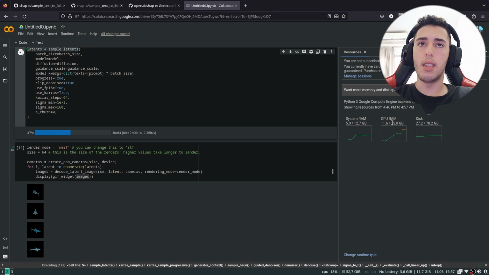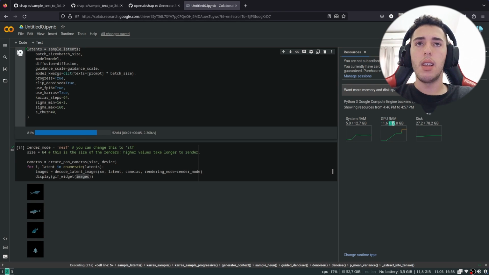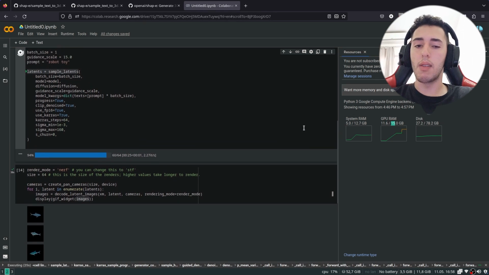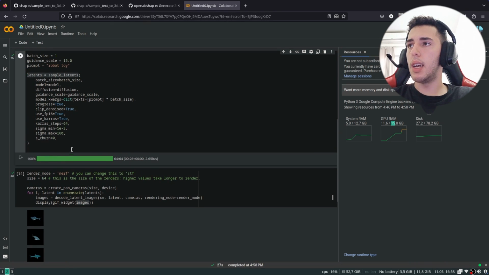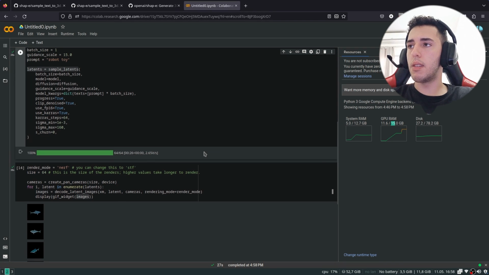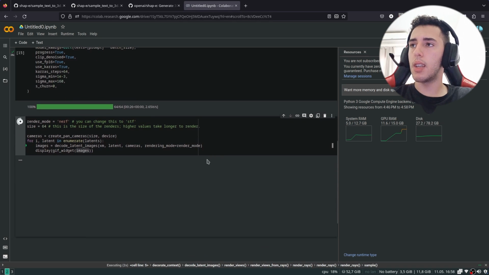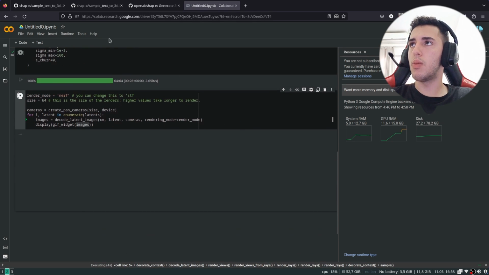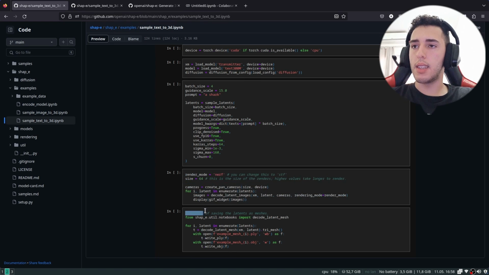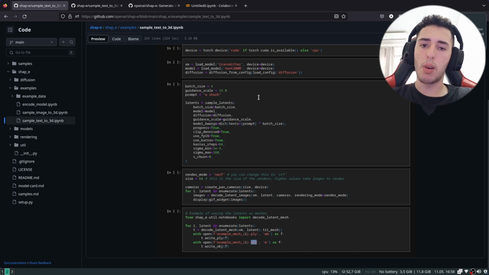As I said, it needs a lot of GPU RAM, so it's running at about 11.6 gigabytes of RAM now, and that's a lot for a lot of cards. It's a lot. And let's see if it can generate our image. So let's re-render the process again and see what it returns. It also has this step to save the mesh as an object file, so you can import it in your game.